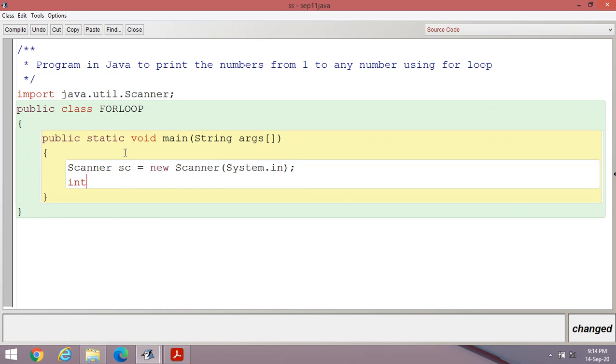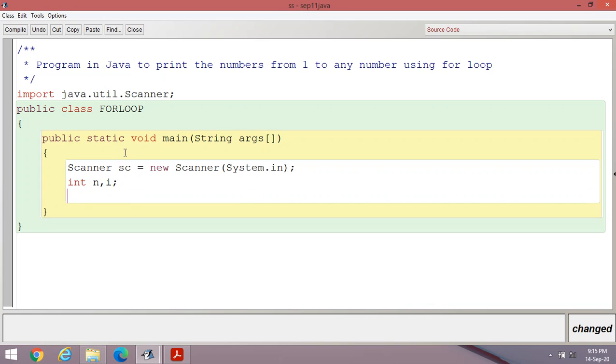Then declaration of variables: int n, and the second variable is i. System.out.println: enter the limit up to which you would like to display.